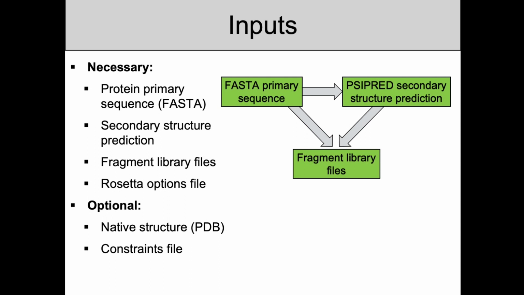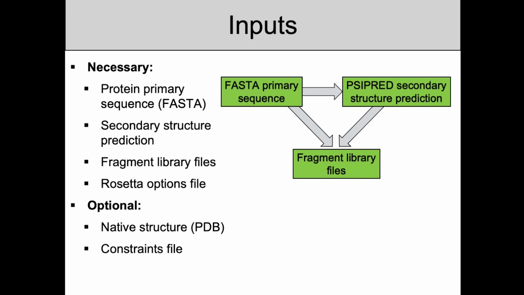Before we actually do the tutorial, though, and before we use Rosetta EPR, there's a little bit of pre-processing that needs to be done. So from our FASTA file, which contains the primary sequence, we can get a prediction of the secondary structure of this protein. Which regions are alpha helical, which regions are beta sheets, and so on. And from the secondary structure prediction and the FASTA file, we can then obtain these fragment files. And the fragment files are really the workhorse of this protocol. I'm going to talk in a little bit of detail about these fragment files on the next slide, but